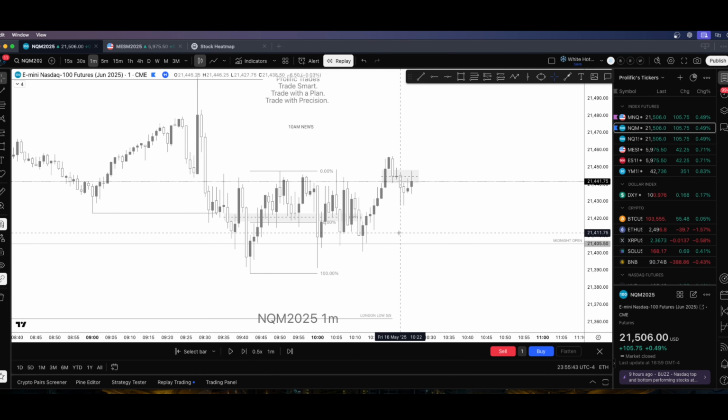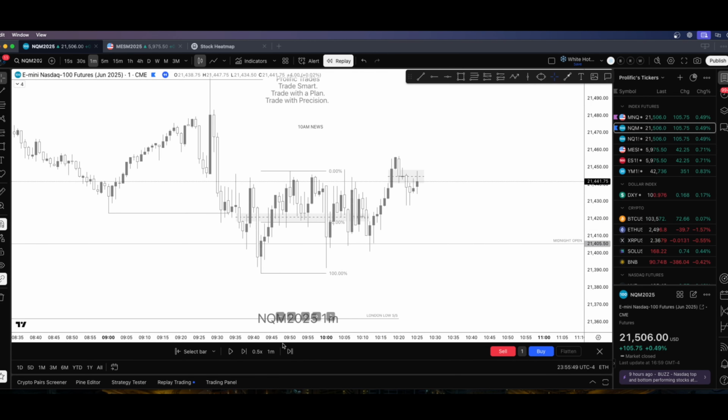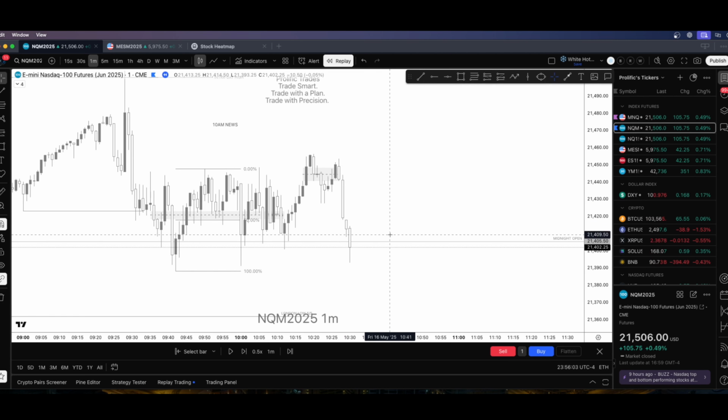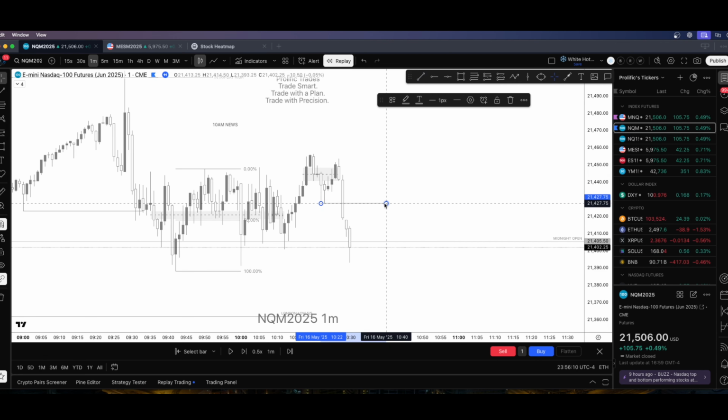Okay, this FVG to me becomes invalid. I'm just gonna use this as an inversion now because we traded all the way through it. But I didn't get any type of displacement to make me want to jump into a trade. This candle right here, this single-handed candle, automatically I was ready to go short, and I was already looking at my 30-second chart. Two things: extreme displacement, clean shift in market structure to the downside, and these are all my confluences.